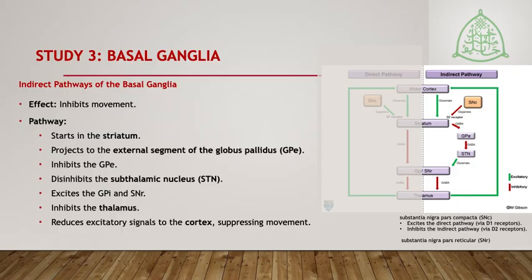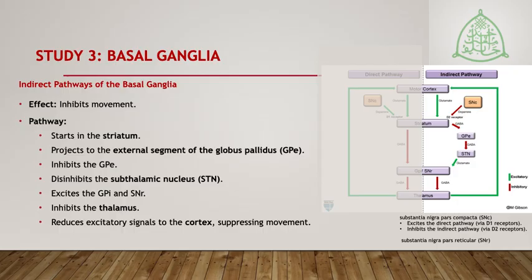Because the globus pallidus externa, GPE, is now inhibited, it means that the subthalamic nuclei, STN, is now excitatory, which tends to stimulate the substantia nigra reticularis, SNR,